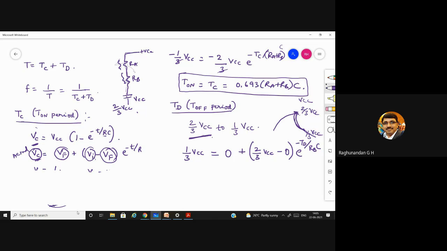Through which component is the capacitor going to discharge? As we have seen in monostable and astable. Inductor, sir. Inductor? Where do you have an inductor here? A transistor, sir. Transistor. Sorry, sir. So the capacitor is going to discharge through the transistor, right?